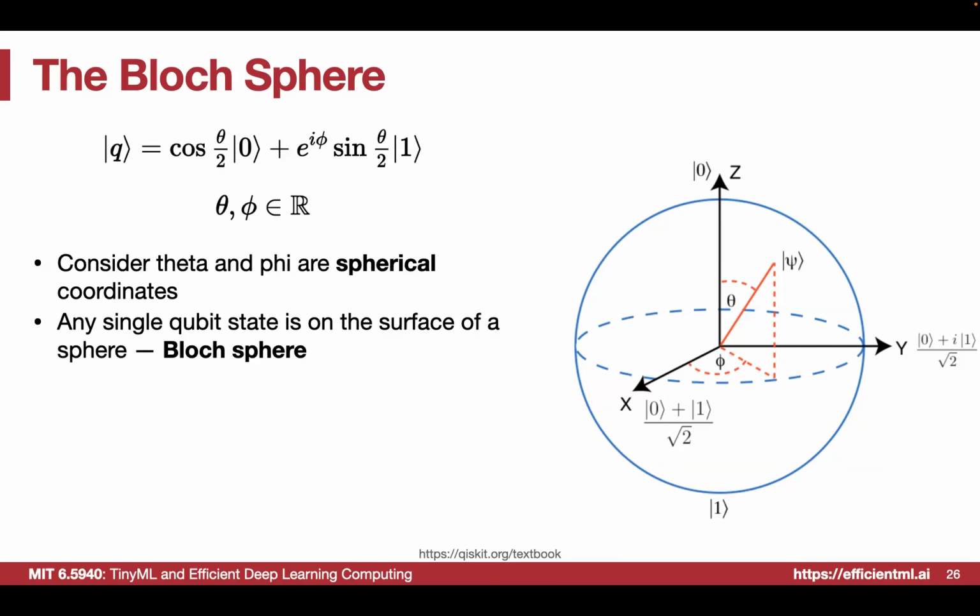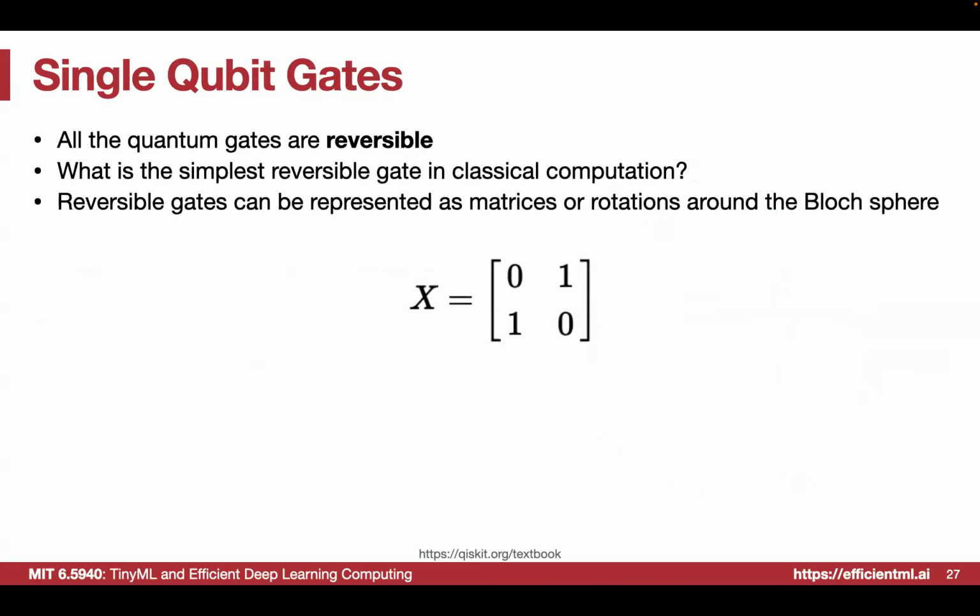So in that case, if we just change theta and phi, we can see that this pole will point to all the possible positions on the whole sphere, right? So that's how we can intuitively or graphically represent the state of a single qubit. And any single qubit state on the surface represents a unique quantum state. So okay, that's how we represent the state in the system. We use this state vector, and we also use this Bloch sphere to better understand that.